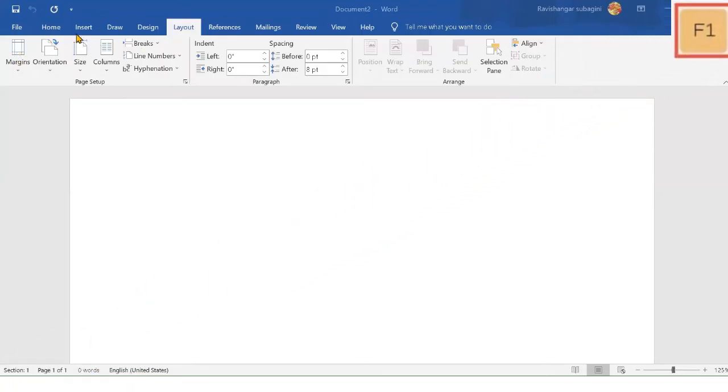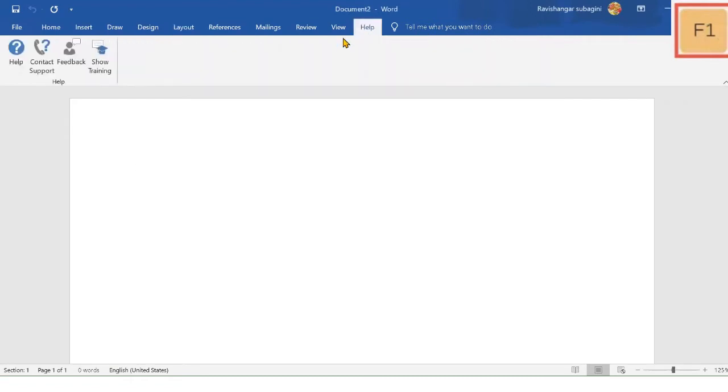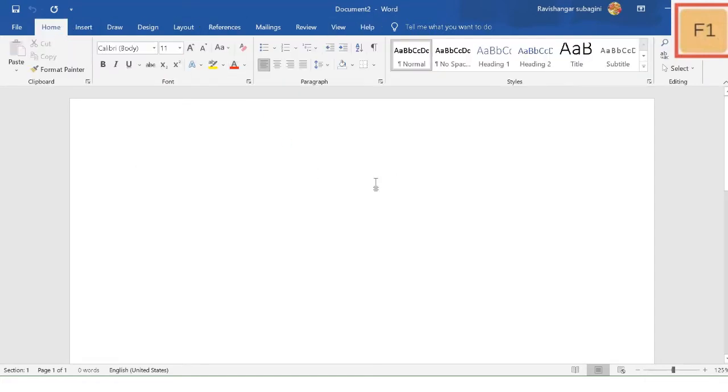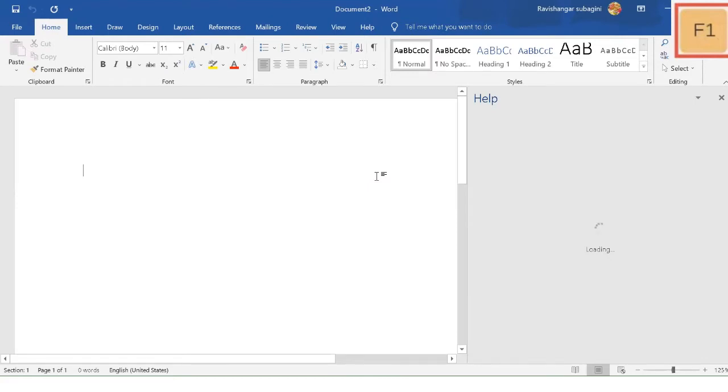When I click the help menu on the menu bar of Microsoft Office software, the ribbon of the help menu will be obtained. In that ribbon, we should click the icon with the question mark. It will help you to solve your doubts on your work or the function of the application software. So, if you want the help function easily, you can obtain it by clicking the F1 key. And the window for the help function will open directly.